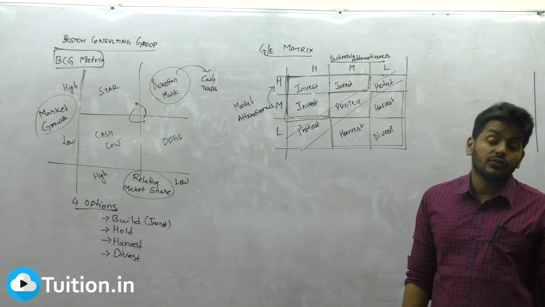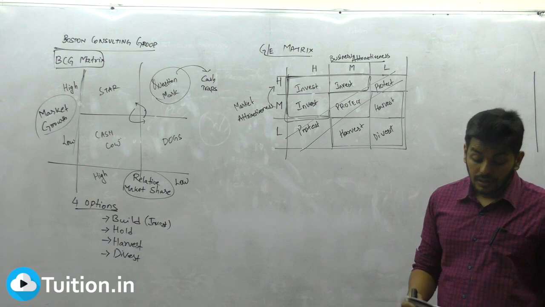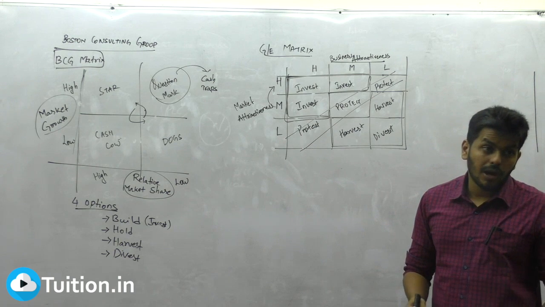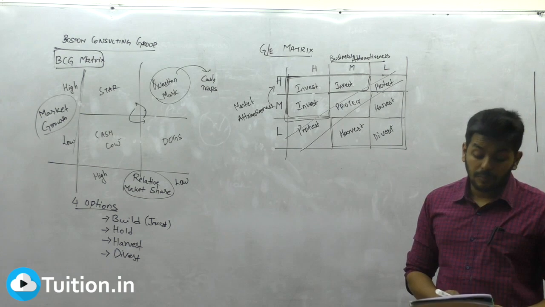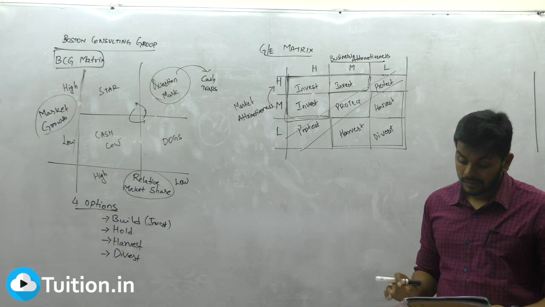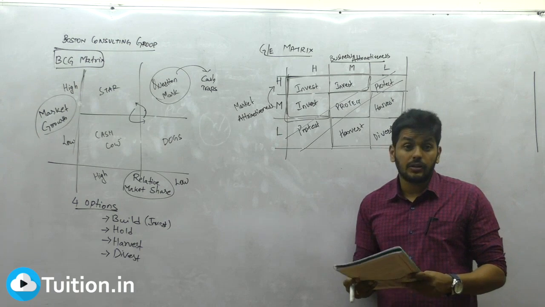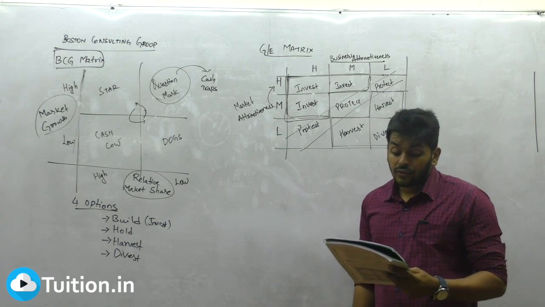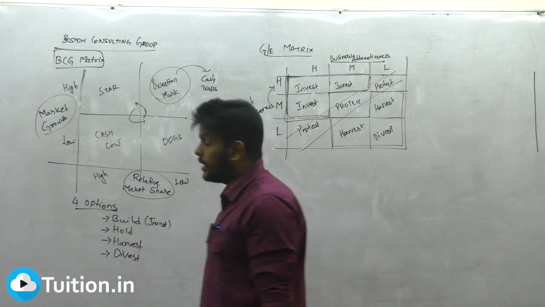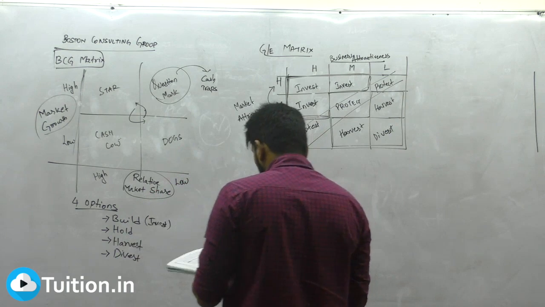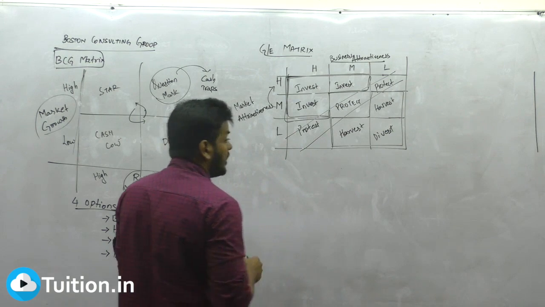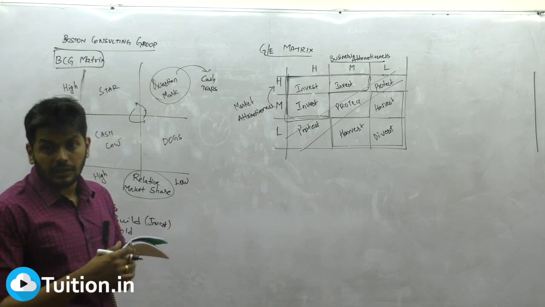Right, come back to Ansoff's product growth matrix. Let's look at the third portfolio model. We're talking about the Ansoff product growth matrix. What about it? The Ansoff product growth matrix was proposed by Igor Ansoff. Igor Ansoff came up with a fantastic matrix. What does he talk about? He takes two things, right?